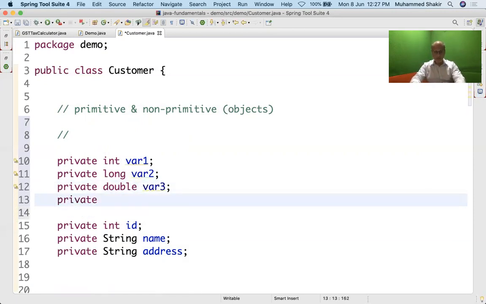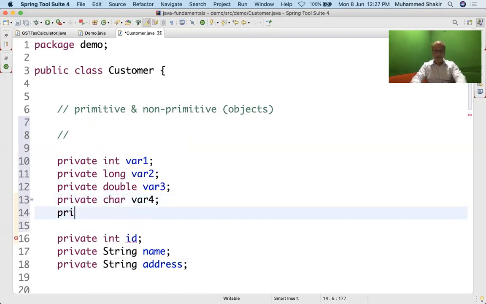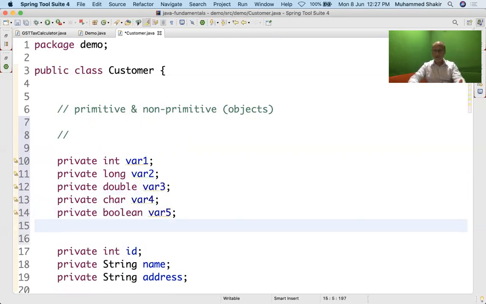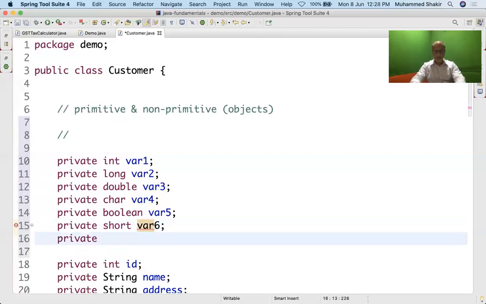Private char variable 4. Then I have private boolean variable 5. Then there is private short variable 6, and then private byte variable 7.